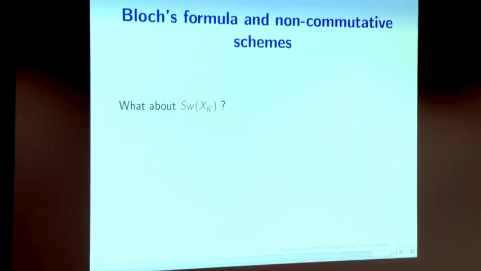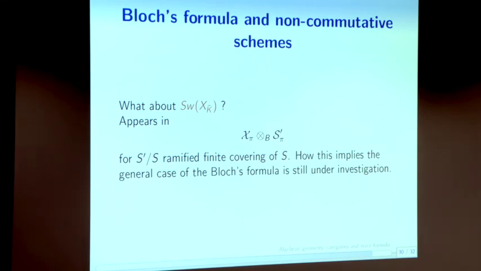Okay, to finish, what about the Swan conductor? I told you that there is some arithmetic information encoded in this non-commutative space. So you can recover this by tensoring your non-commutative space by the non-commutative space associated to finite ramified covers of the base. And you can actually interpret this Swan conductor in terms of these things. How this implies precisely Bloch's conductor formula is still under investigation. So it's not completely clear that we get Bloch's conductor formula out of this, but we are very optimistic about the fact that we can just play with this base extension here to recover the formula